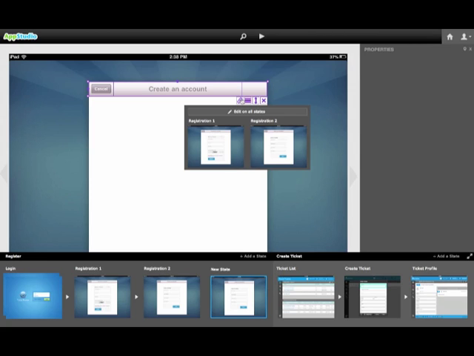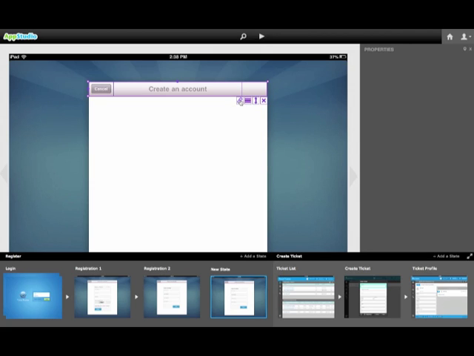So I can do two different things. I can either choose to edit across all the states by clicking on that button there, or I can unlink that component, which would then make it local, so it wouldn't apply to the other pages. But what I really want is to edit the label that exists in that header. So when I click there, I can see that it's not linked to any other states. So I can go ahead and